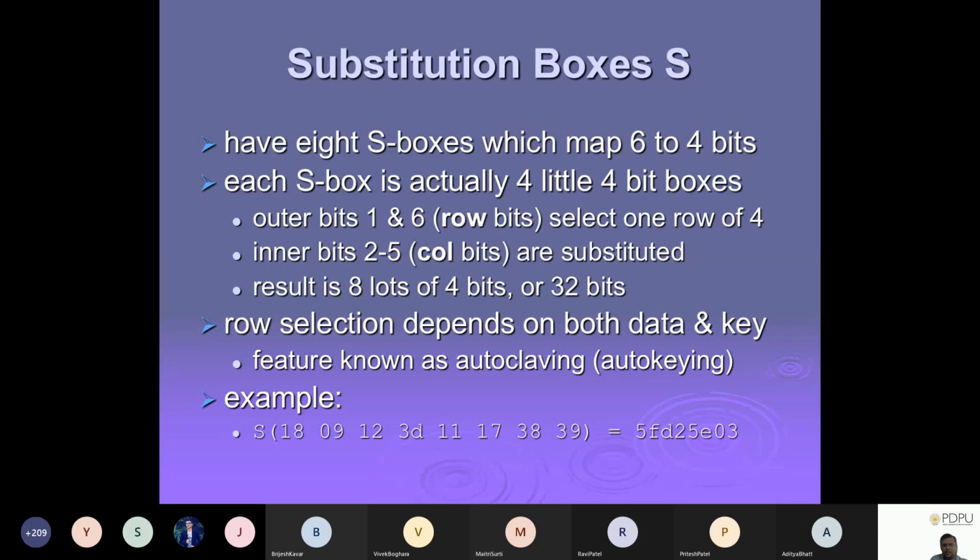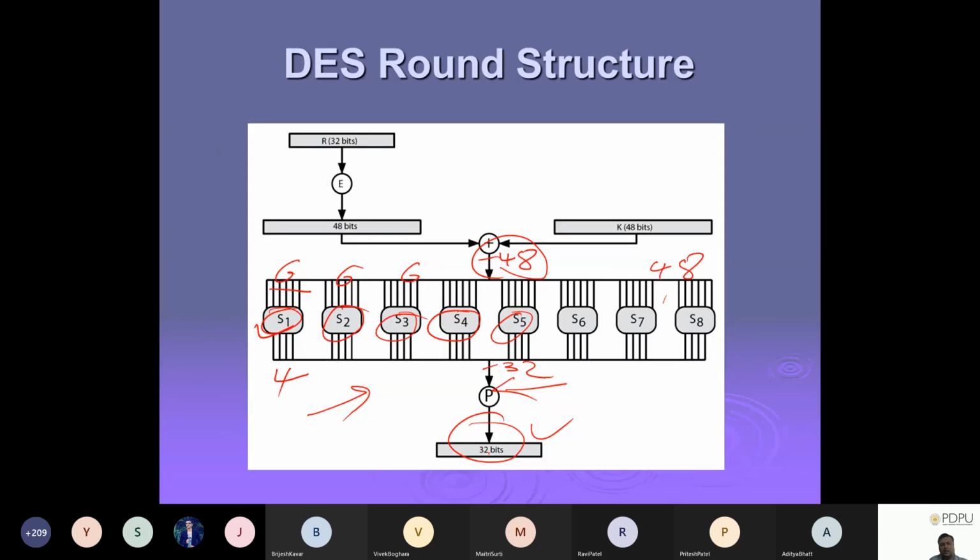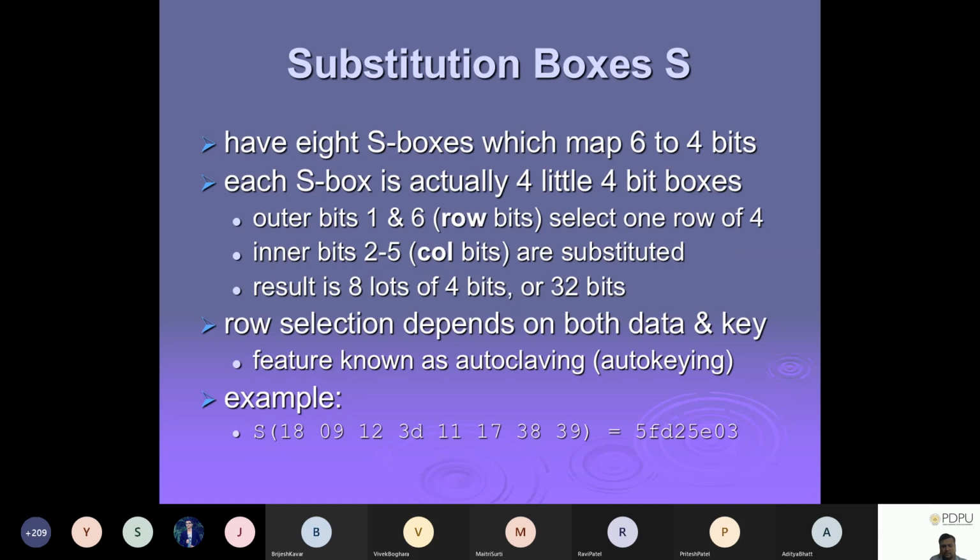In theory, I am telling you that in total I have 48 bits, right, for all the combined 8 S boxes. So these are 8 pairs I have already done, right? But if I represent these in hex, then it will not be 48 bits. It is more than that. Let's verify this. Is this 32 bits? See the number of digits: 1, 2, 3, 4, 5, 6, 7, 8. It is 8 digits.